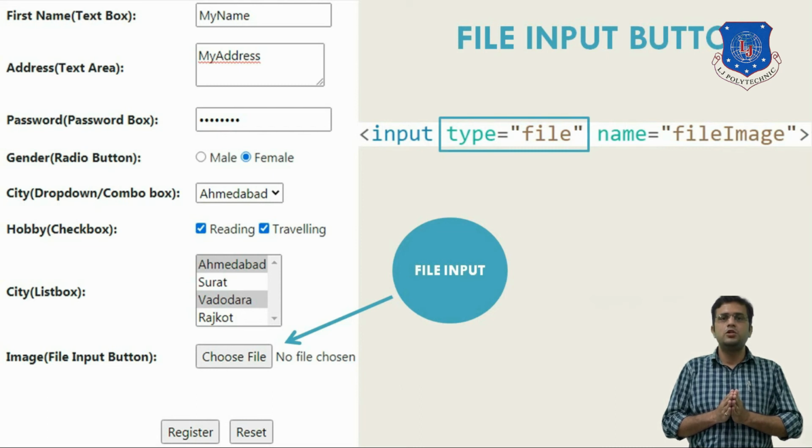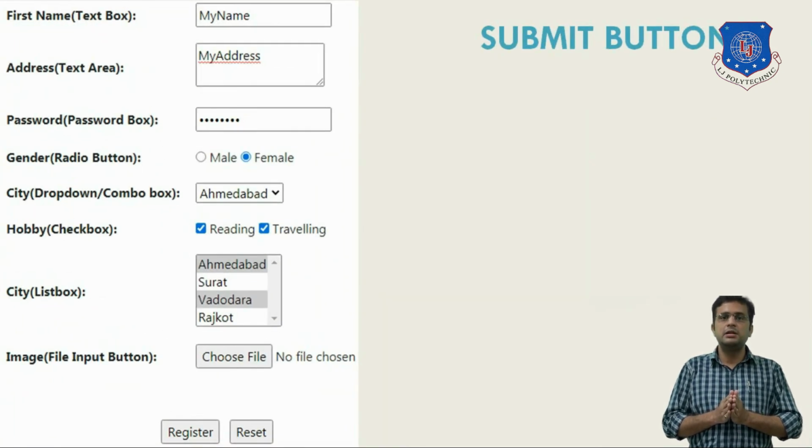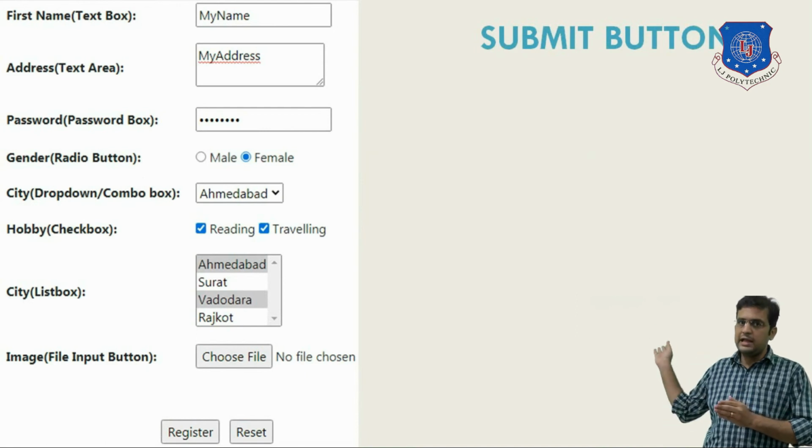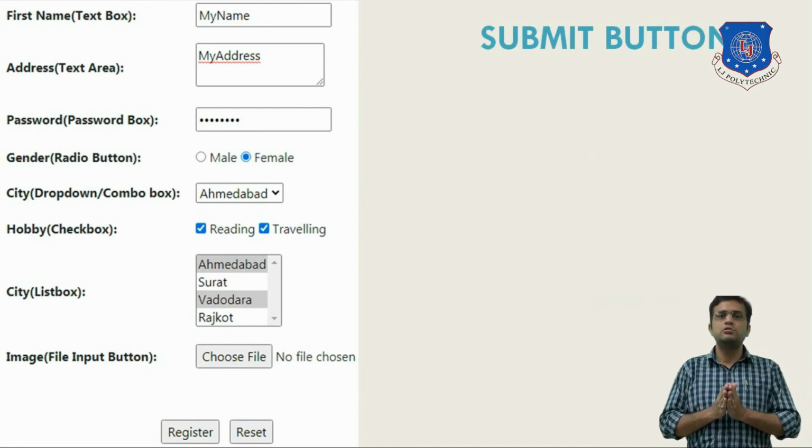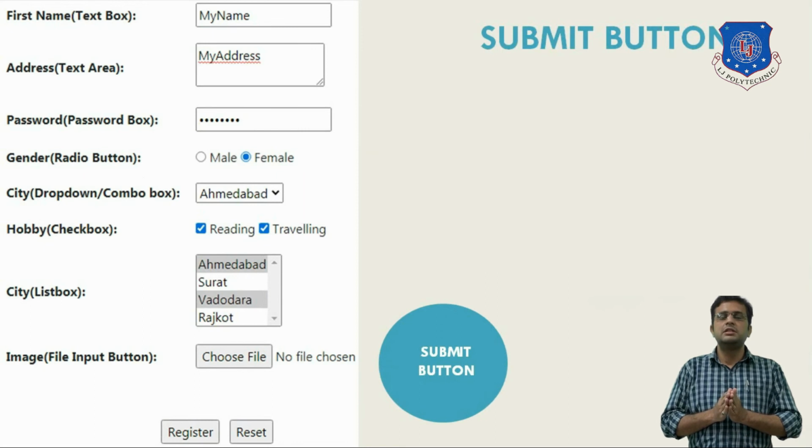Now let's see two form elements that are used to submit a form or reset a form. So we will create two buttons called submit button and reset button. Submit button is a button that you see below any form. It is used to submit a form in which the data has been filled up by user.